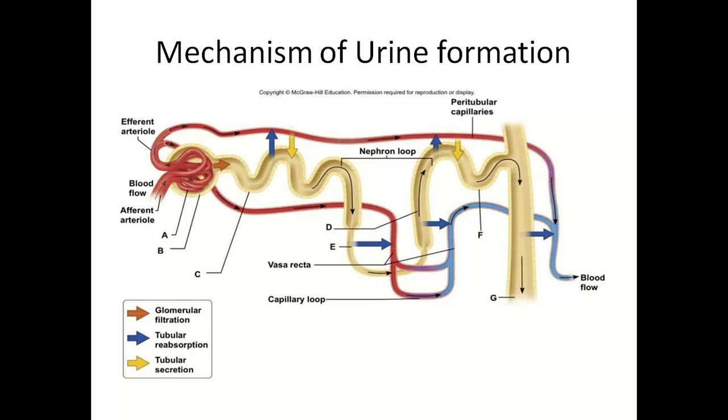So by the end of the three processes, glomerular filtration, reabsorption and secretion, the final urine is formed in the collecting duct and is excreted as urine, and the volume of urine per day is around 1.2 to 1.5 liters per day. So 180 liters per day is the glomerular filtrate, but only 1.5 liters of urine is excreted from the body. So remember, the majority of the fluid, around 99.9%, is reabsorbed by tubular cells.